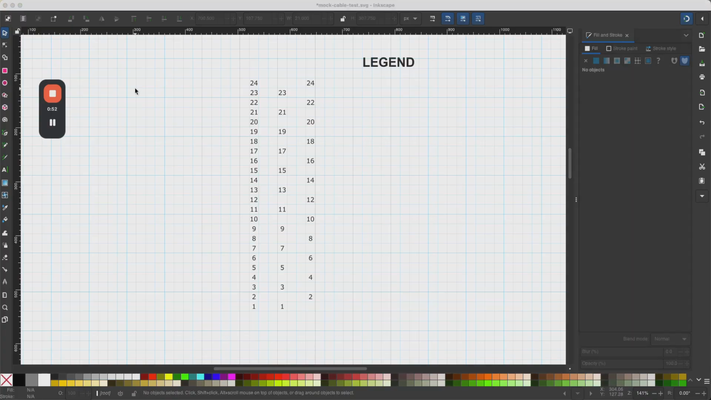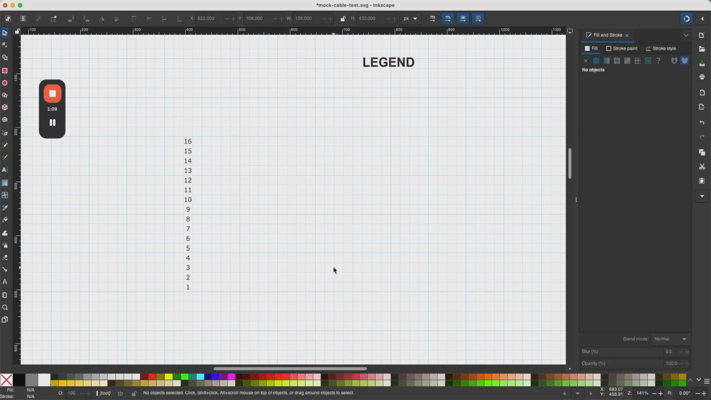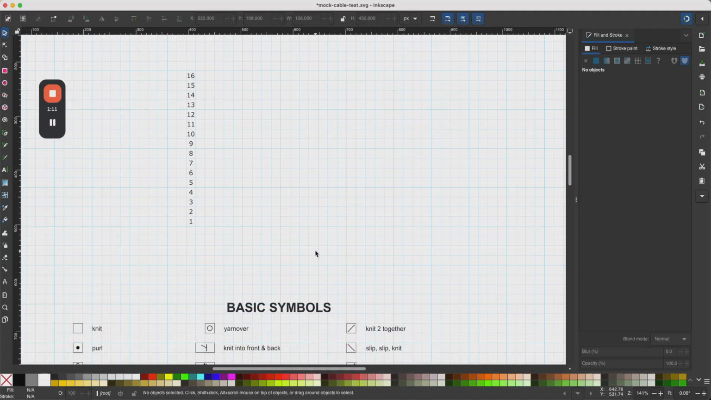My chart is 16 and it's worked in the round, so I just need 16 numbers here. I'm going to pull those out and get rid of all the extras. Oops, missed number 1. Okay, so I'm going to go down here, and for my lacy mock cable, all I need are knits, pearls,